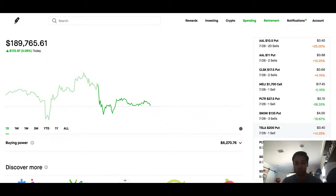But you ride the horse for a long period of time, because selling options is not always green. There's moments where you're below what you paid for the stock, but those are the moments where you're accumulating premium, right? You're accumulating premium. So when your stock price goes back to what you bought it at, it's not going to be a 5% gain. It's going to be a 15 or 20% gain, because you've been accumulating that cushion of premium, right? And that's something you can only do if you're riding the horses of these stocks, because if not, you're just chasing the shiny object, and that's never good for